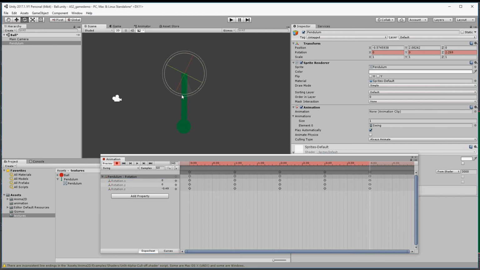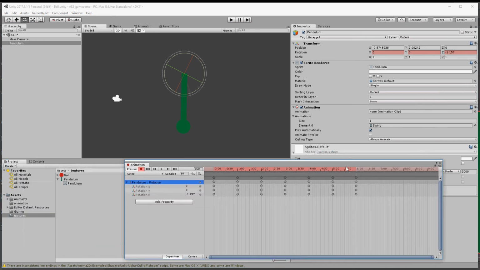it's going to swing back a little less, another second on, a little bit, till at about 6 seconds it comes to a perfectly straight down position like that. So if you play the animation, it should swing a little bit less each time until it